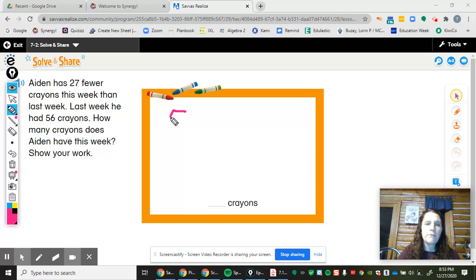So we're going to draw our 56 here, write our 56. Okay, now look back up to what it says. Aiden has 27 fewer crayons this week. Fewer means we're going to subtract. So we're going to put subtract 27 because he had 27 fewer